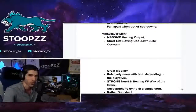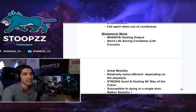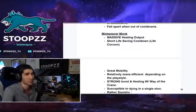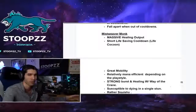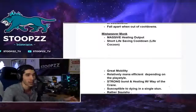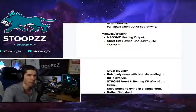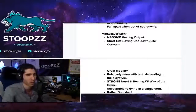Now you're probably wondering, well, Mistweaver sounds really powerful. What's one of their weaknesses? They are probably the easiest healer to die in a single stun, next to Discipline Priest, but Discipline Priest still can use Pain Suppression if they're stunned, and they're a little bit more durable. They have more outs, I would say, to getting swapped in a stun. When compared to Mistweaver, if you get caught in a stun as a Mistweaver versus something like Rogue Mage, which is one of the hardest comps to win as a Mistweaver, Rogue Mage X,